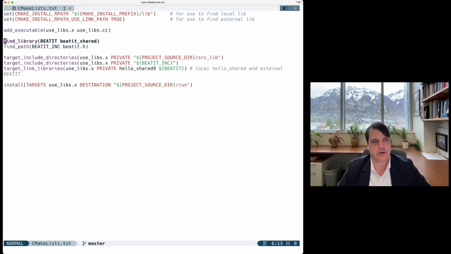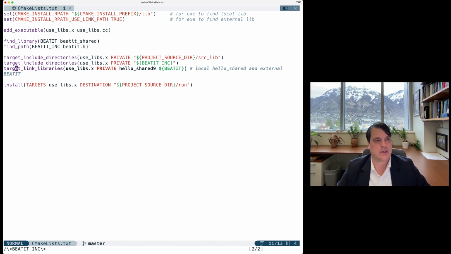And because it was done without configuration, just like example 8, we do find_library beatit_shared and store it in this variable beatit, and then we find the path for the header file and store it in beatit_inc, and then we include the directories for that beatit project right here, and we include the directories for our current project, which is just going to be in this source dir, in our project source with the source lib. So we have the locations of the libraries, both the internal library and the external library,